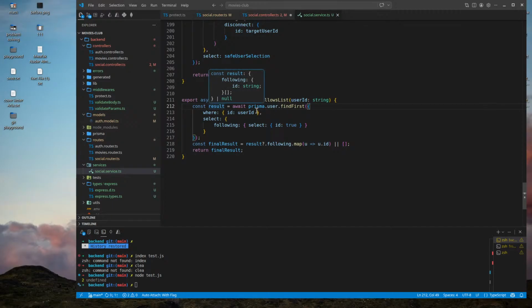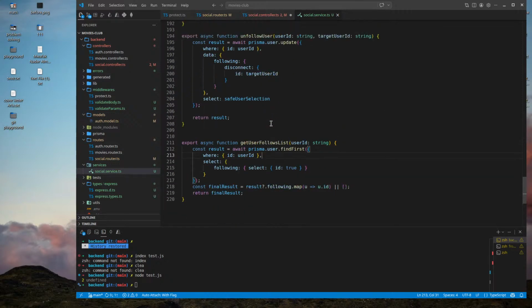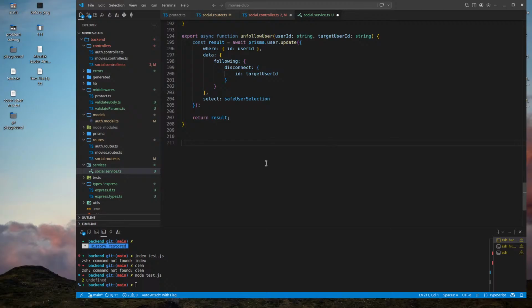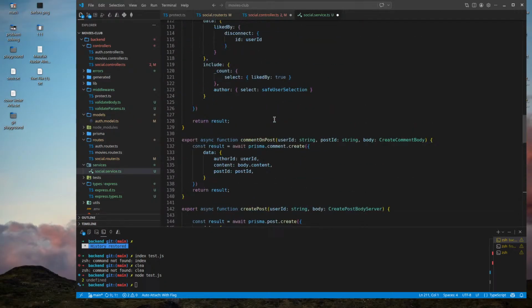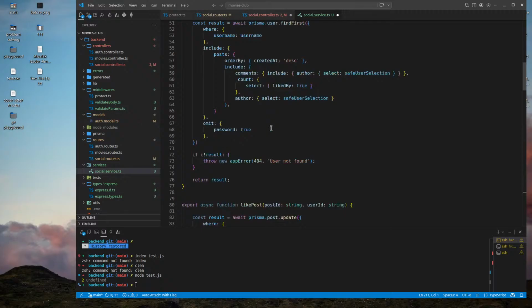So findFirst doesn't throw anything. Find returns null. Anything with update throws. So I should take this above with get user profile data.